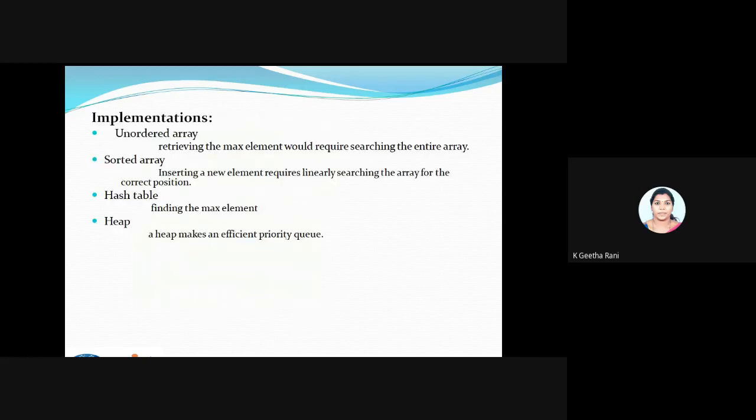Fine, so then the next one is implementation. As I said, we have a lot of confusion about which will be the best way. I have missed one point here, I have missed the list also. We have so many types, like unordered array or a sorted array. You can also take it as an unordered list or a sorted list. So we have so many ways of implementing this priority queue. If you say implementation of stack, I will be implementing stack only in two ways, either using an array or using a linked list.